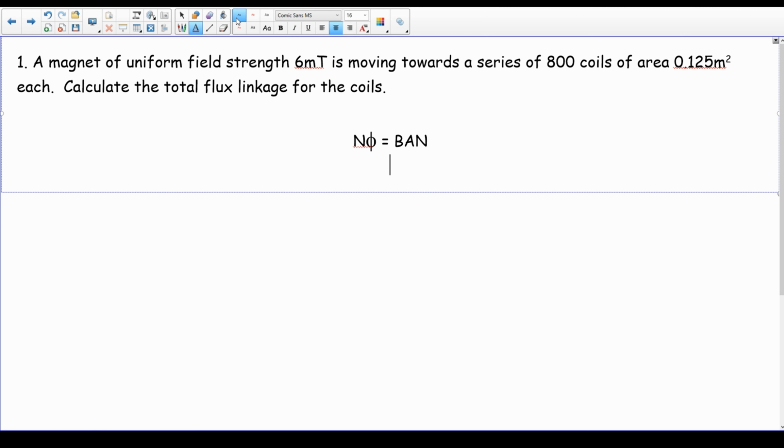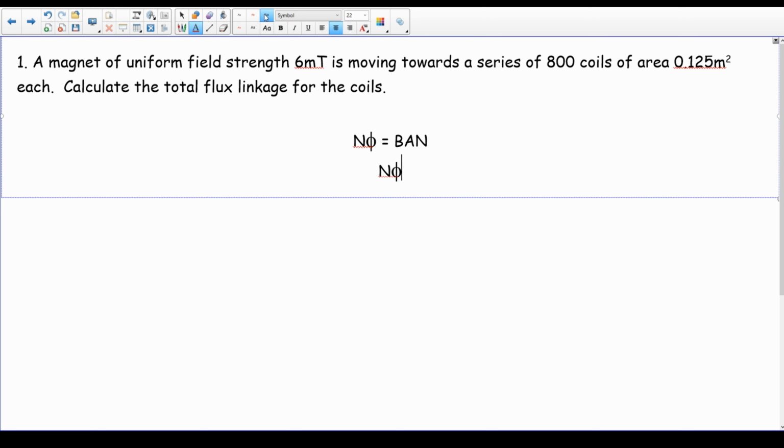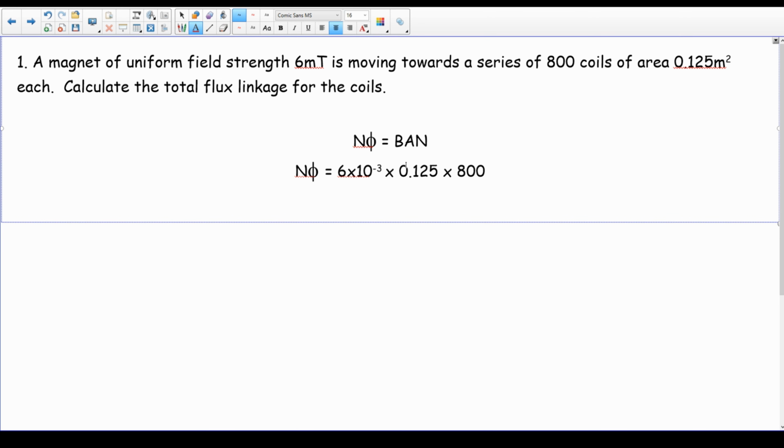Okay, so we have 800 coils. Now we don't want to put the 800 in here because we're trying to calculate N phi, which doesn't get its own symbol yet. So we have N phi equals 6 times 10 to the negative 3 times 0.125 times 800. N phi here is what we're trying to calculate. We're not trying to calculate phi, we're trying to calculate N phi. 6 times 10 to the negative 3 because it's 6 millitesla, 0.125 because it's 0.125 meters squared, and 800 because it's 800 coils. And that gives us an answer for N phi equal to